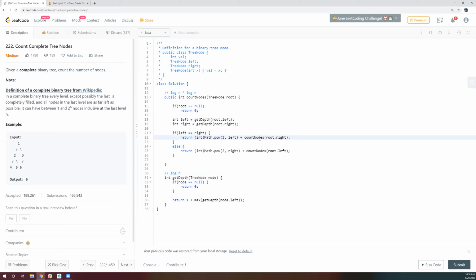Yep. So line number 36, when you return 1 plus max, what is this max function? No, there is no max actually, there is just minus. Oh, I was explaining calculating the height of the tree. Then you're only going on the left side of the tree, right? Because this is a complete tree, the nodes are always from left to right. So there will always be a left. That is a guarantee. The left is always there, then only the right will be there.